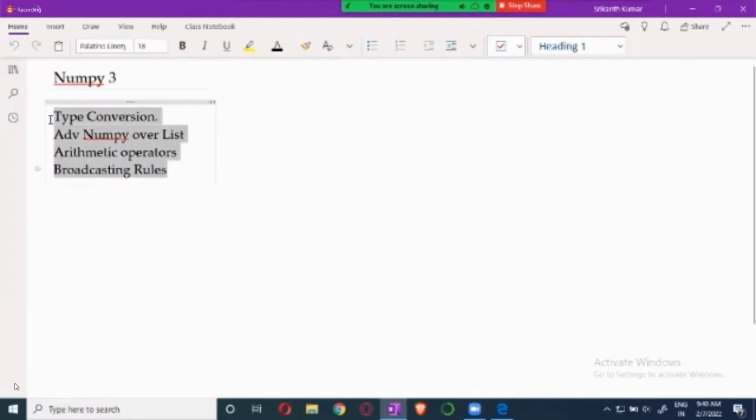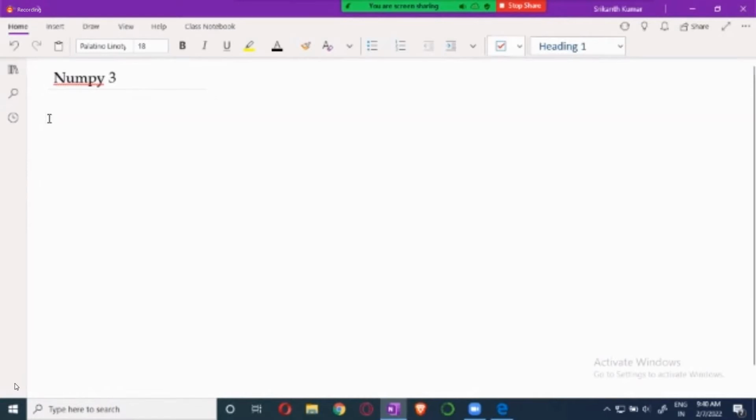It's not the one. Okay. So first one is reshaping the array. So in order to reshape an array,